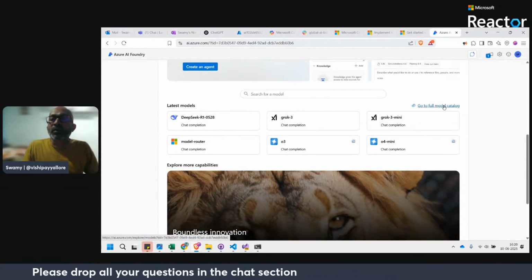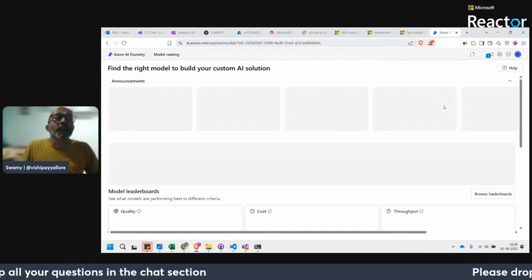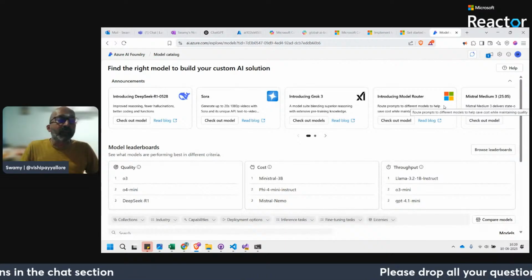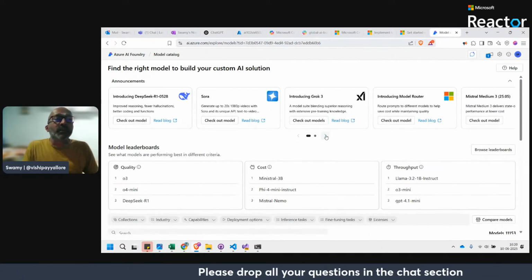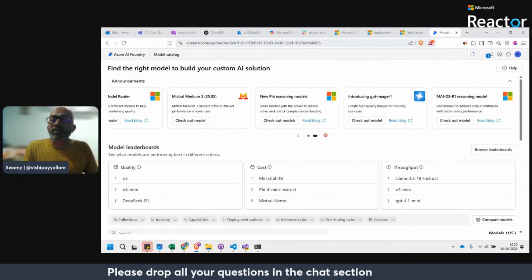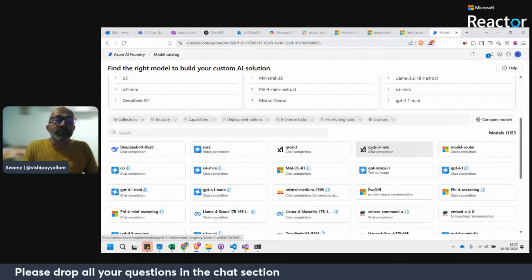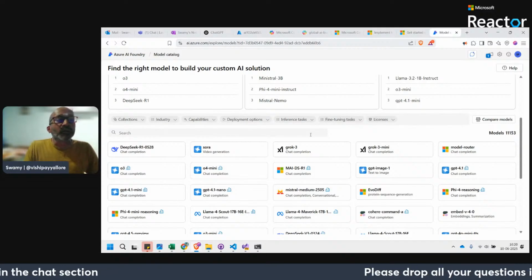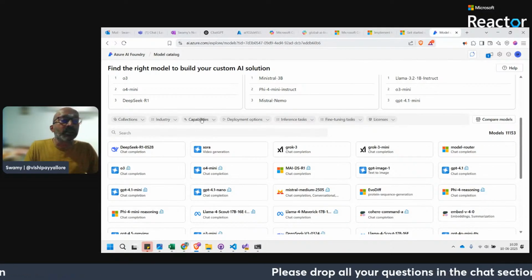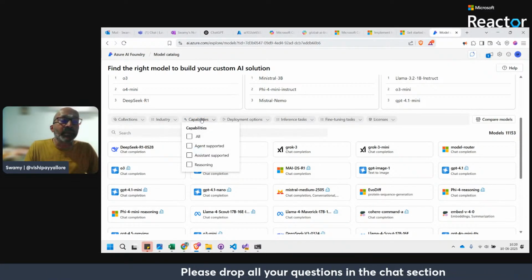Go to the full model catalog where we can see different models and new announcements and whatever there is. We can search what we want based on the collection or industry or the capability.